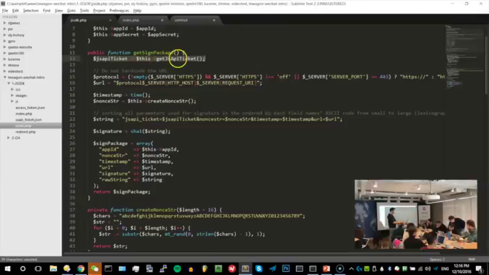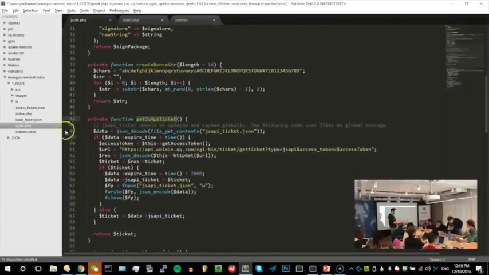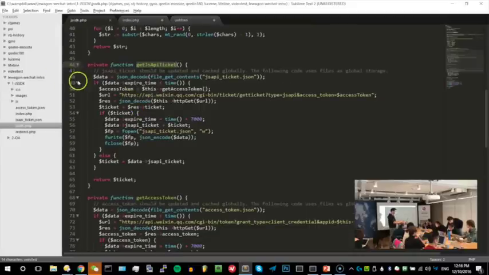So we're gonna see that it calls this function inside another function. Let's see what this function is doing, because that's the first function being done. So getSignPackage is here. Let's see what this function is doing. It's very easy. It's a function that gets its content from a file called JS API ticket.json. That's a file inside your computer. What it's gonna do is get its content and decode the JSON.